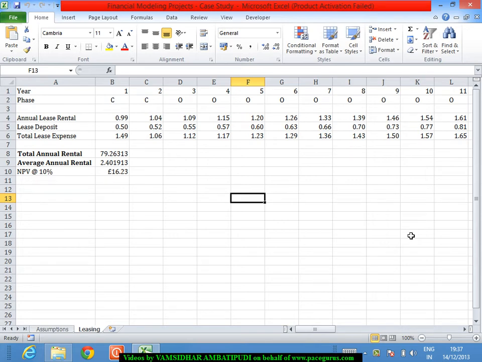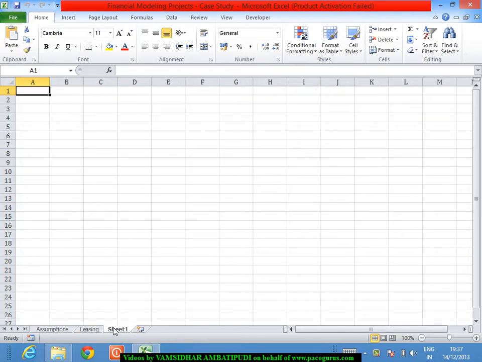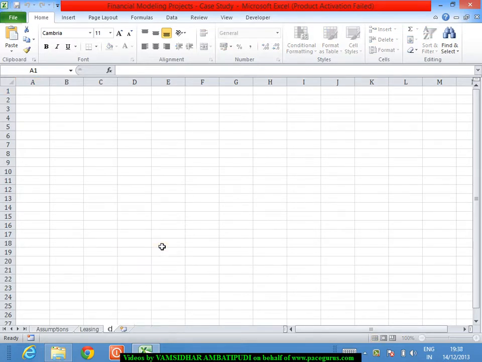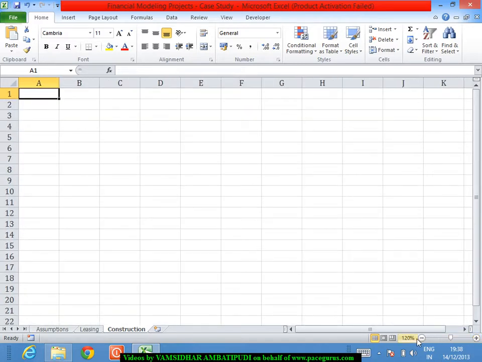Now that we have worked out the leasing related assumptions, let's start our focus on the next set, which is the construction related calculations. So, the first phase of the project, which is the build phase or the construction phase. What I would be looking at here is handling the construction related costs. So we'll put up all the construction related calculations here.